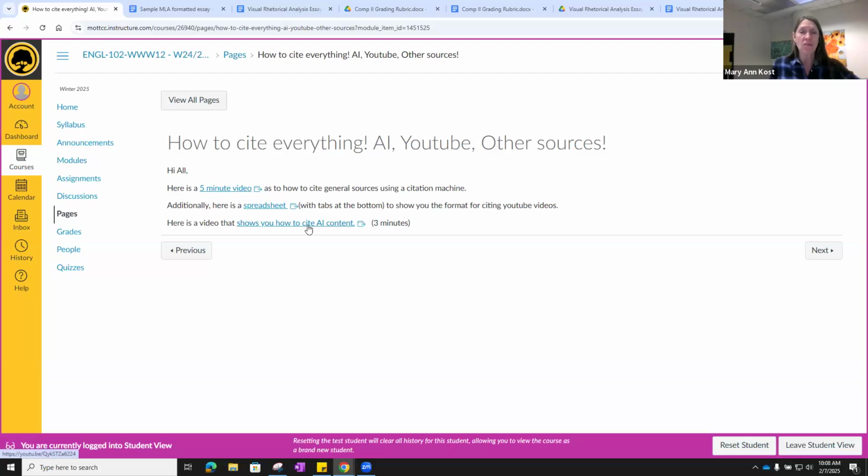Here is how you cite AI content. It's basically the same as the other ones. There's just a little baby hiccup: when you get into ChatGPT, there's a baby question mark at the bottom right-hand corner, and it's barely visible. But anyways, you have to go there.